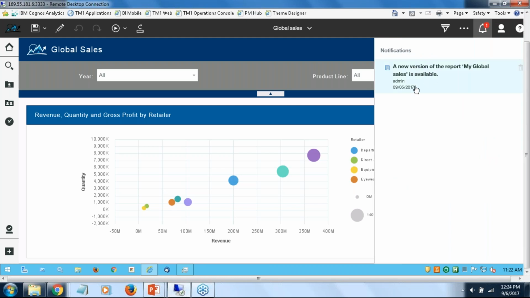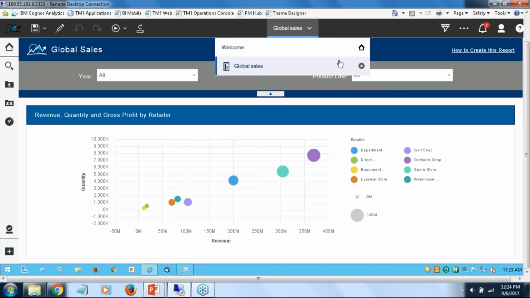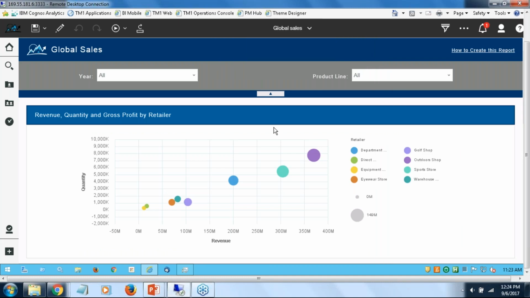So from right here, I can actually run the report. Again, I don't have to go look for it. I don't have to do a search or go into my recent views. I could just click on my notification icon right here. Okay. So again, a couple of things here for your end users, making it easier for them to